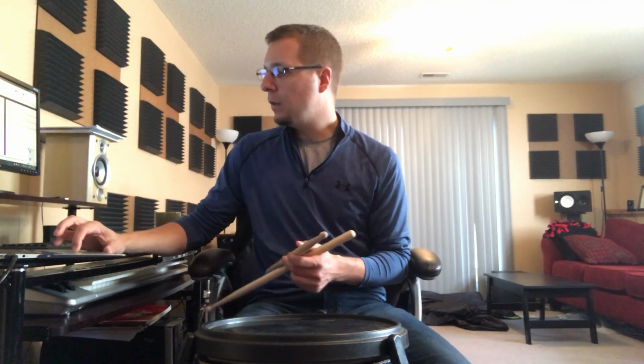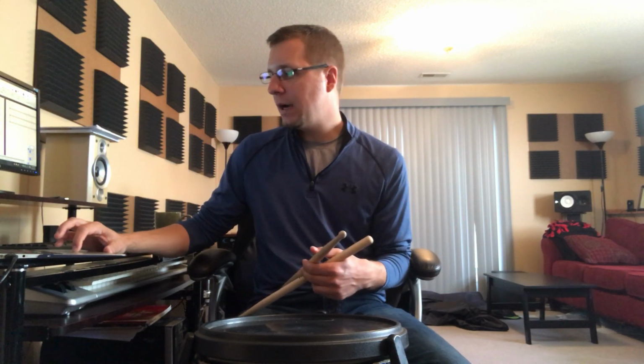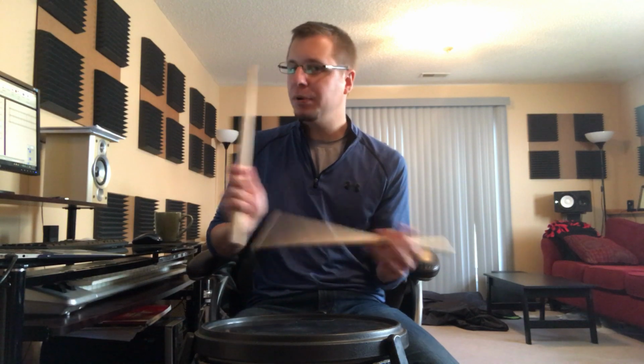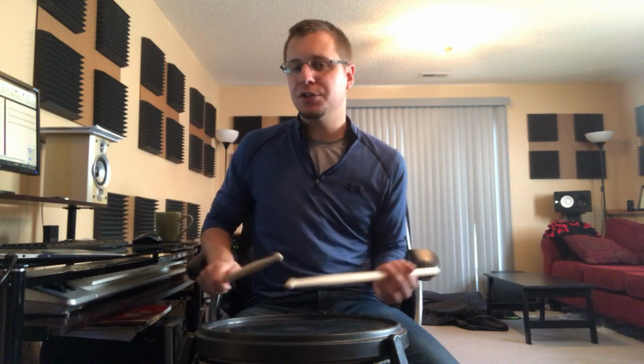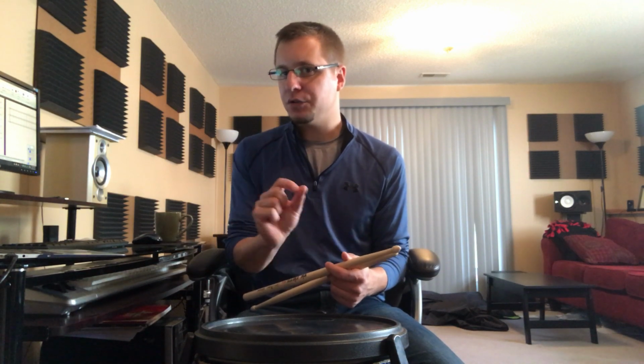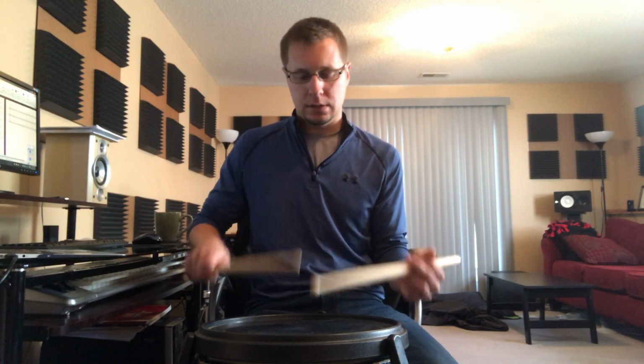Okay, so I'm going to set the MET to 72 beats a minute, and then we're going to try and play these flam taps. It's not rebound, it's not completely wrist either though. You got to still make sure that the sticks can resonate. So find that happy medium and try and control it and play along. Here we go. 1, 2, ready, and